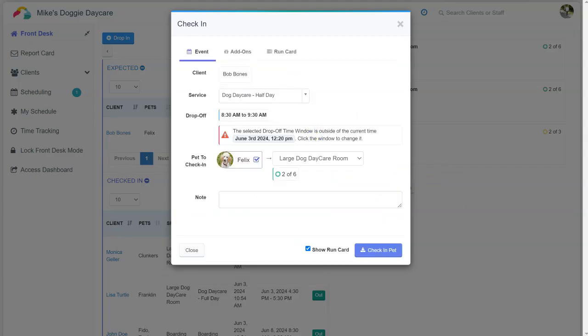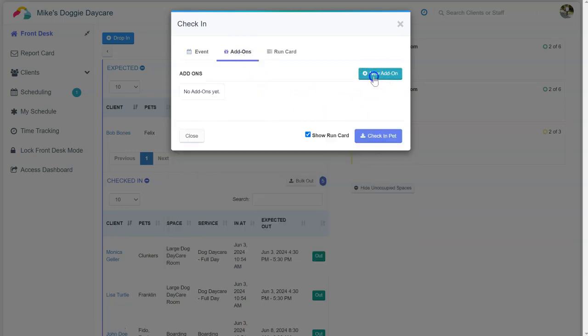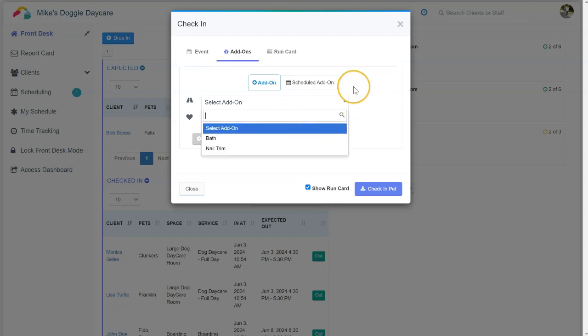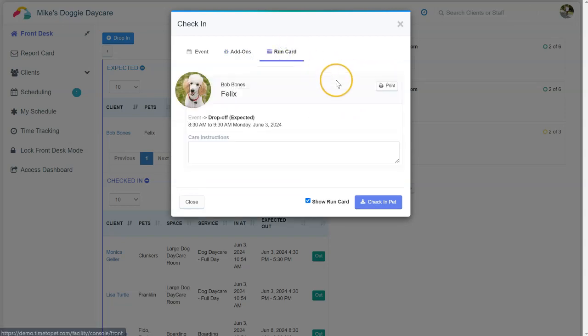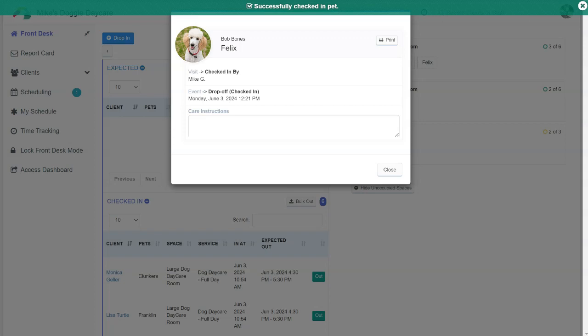Checking in is a step-by-step process where you'll first review the client, the service, the drop-off time, and what pet is being checked in. You can also add any add-ons if needed, and take a quick peek at the run card. If Show Run Card is checked on the bottom, we will prompt you to update this information on the next